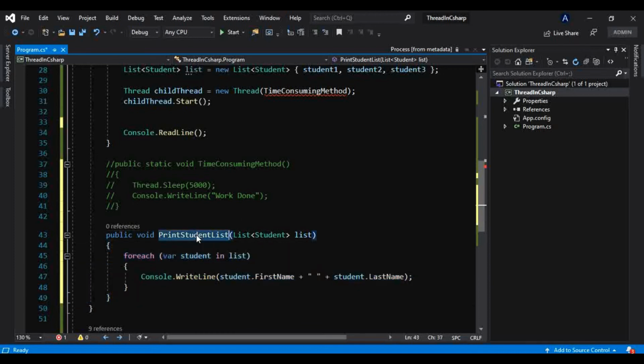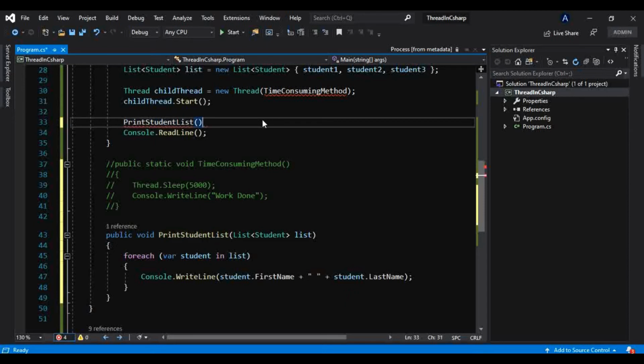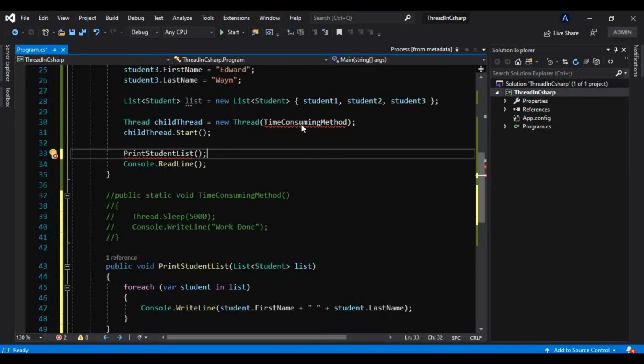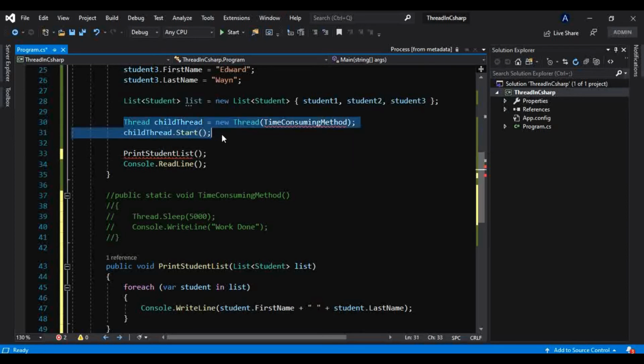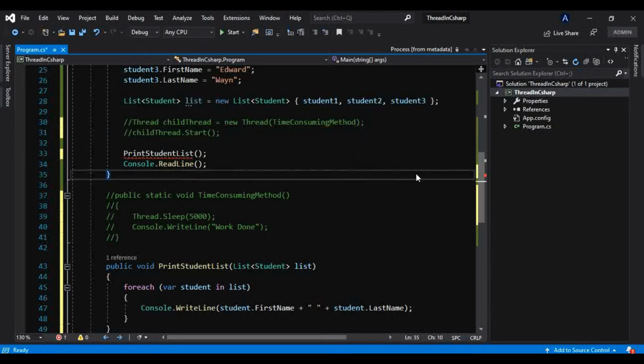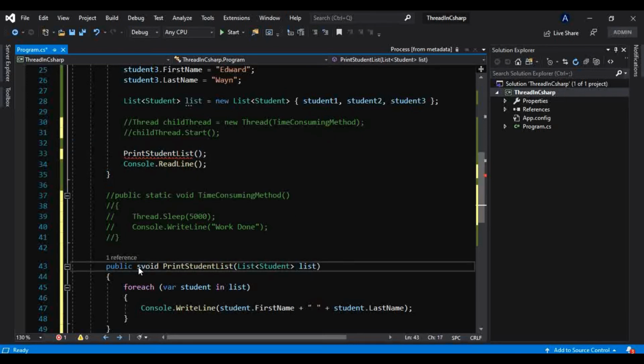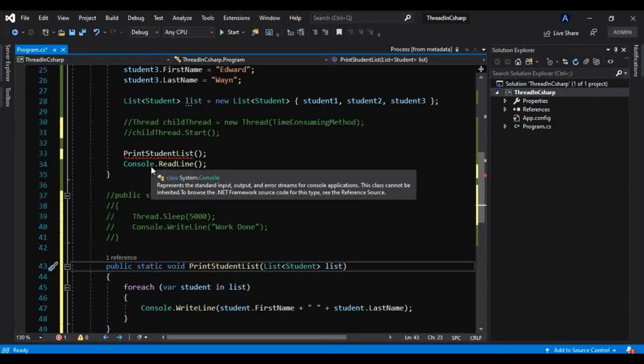Now instead of that code here, I will use that method here, and let me comment this for now. Let me make that static again, because then we don't have to create the instance for it.